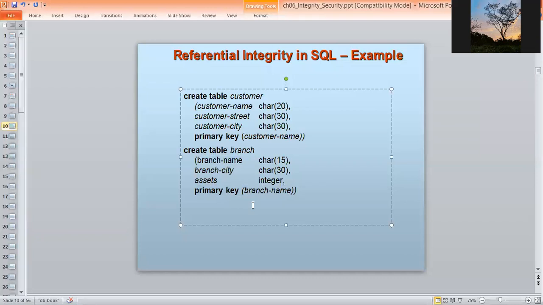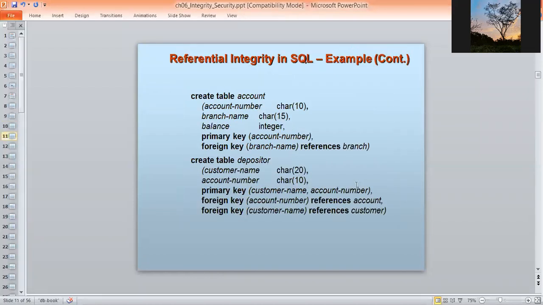Now coming to the foreign key example by the SQL command, in the next, create table account. We are creating the table account with the following attributes: account number, which has char(10) values, branch name char(15), balance integer, primary key account number, foreign key branch name references branch.